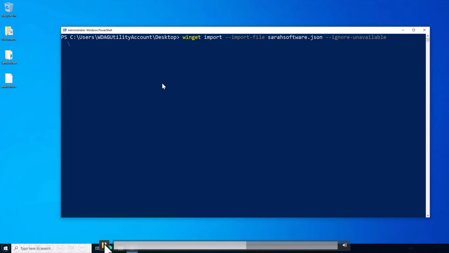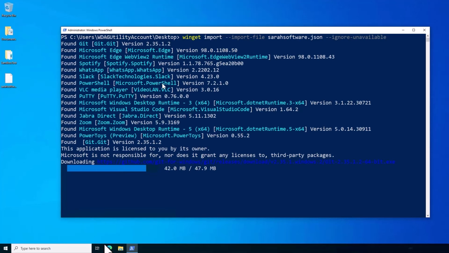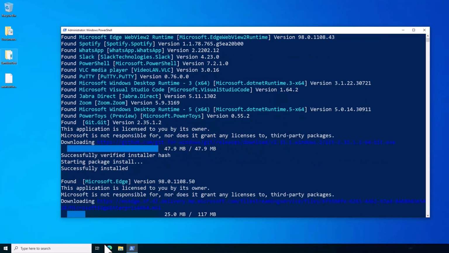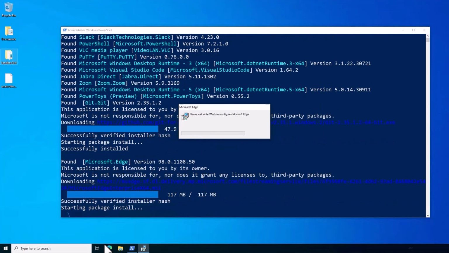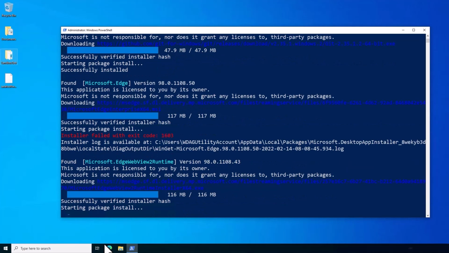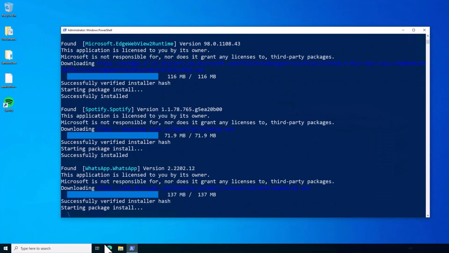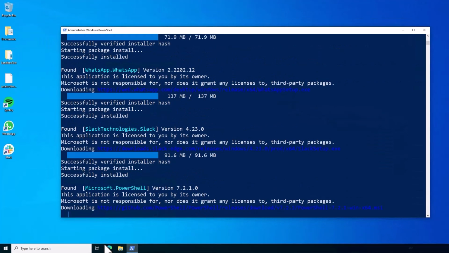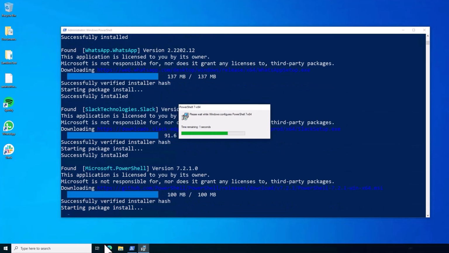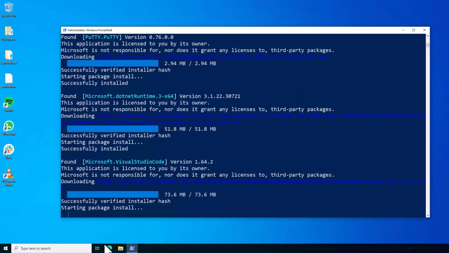So if we let this run, what this will then do is go through that JSON file, find all the software that it can install, and install all of that software for us. Now it may take a while for this to happen, and you'll see here I've sped this up for us. There's different display boxes coming up installing different bits of software for us. So I think we've had Git install there, we've had Edge install, we had Spotify there, we've got WhatsApp, we've got Slack. There's various things happening, and this allows you the ability to rebuild that machine quite quickly,